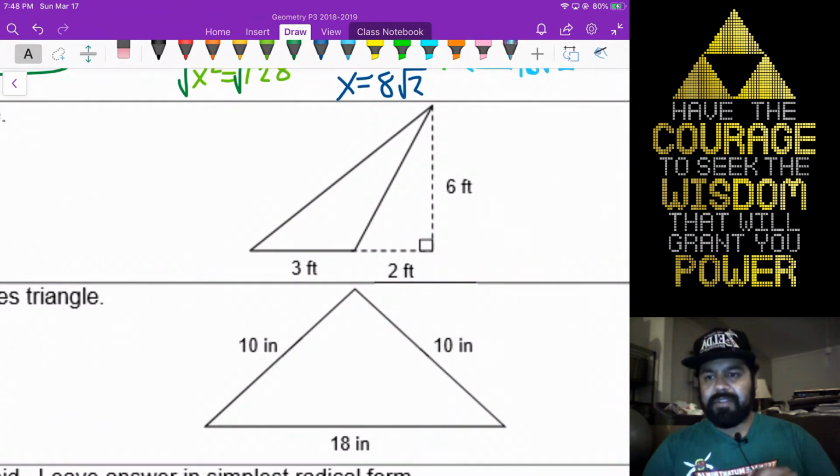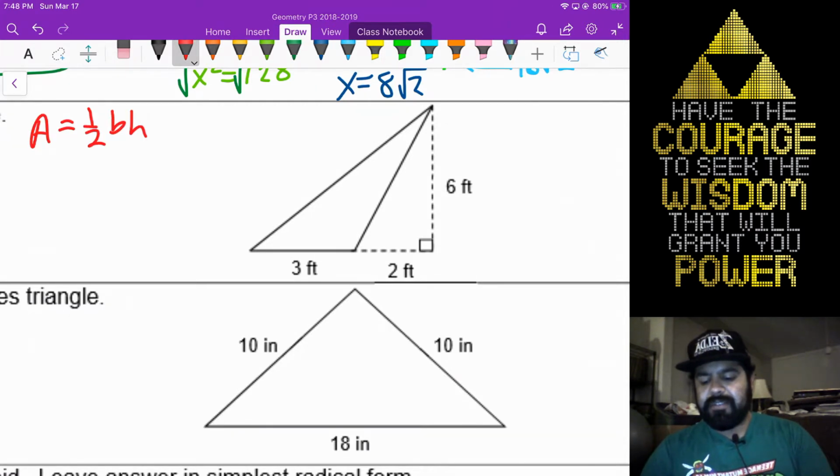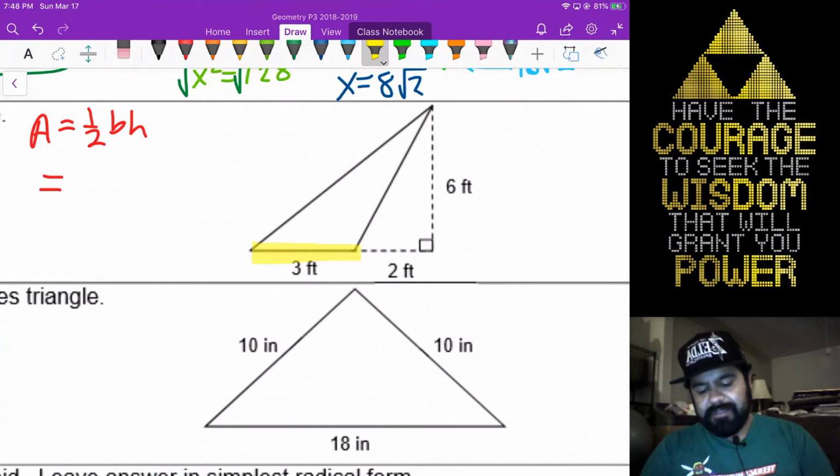So finding the area of our triangle, right? Our area of our triangle is 1/2 base times height, or you'll say base times height divided by 2. I got you, Jake. If I have time. Again, I'm not feeling as well as I would like, so if I have the energy by the end, we'll go through the whole thing. So again, don't count the dotted lines as part of your base. Your base is only going to be the solid line. And then your right angle is going to show you where your height can be found.